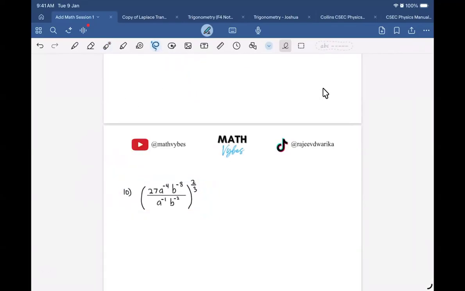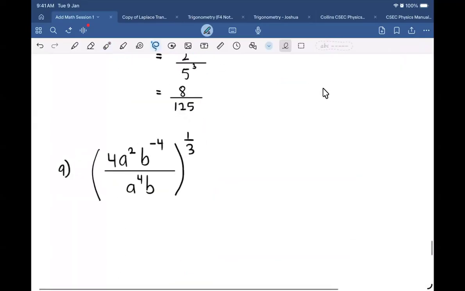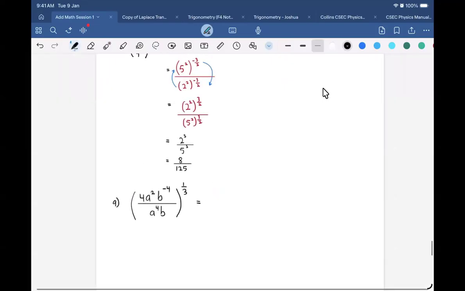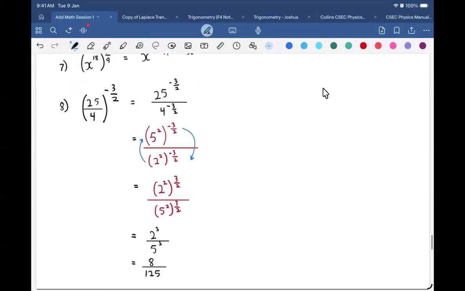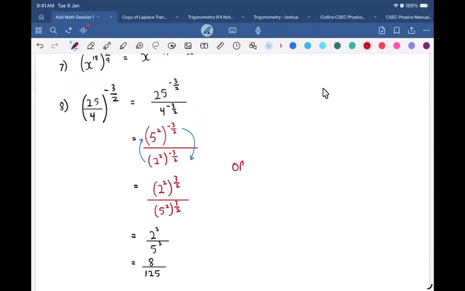All right, so Isaiah, help me with question 9. Oh, I was supposed to show you the other way you could have worked this. Serena, you see how we have a negative power over here? If you have a negative power, you could flip whatever is inside and make the power positive. So check what I want to do. You could have done it like this as well. You could have said